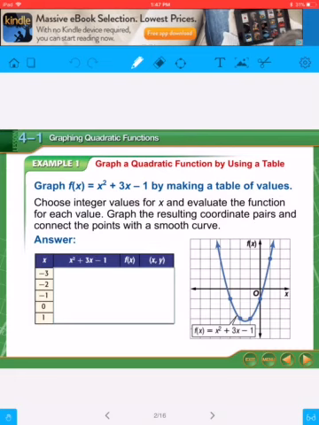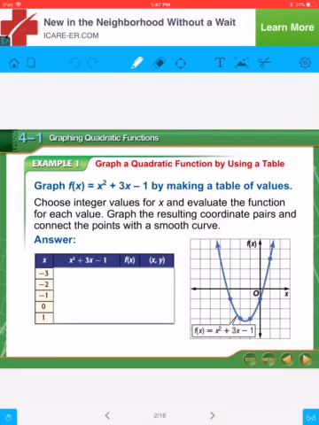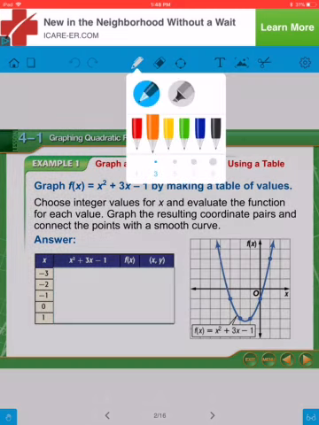All right, so graphing a quadratic using a table, I already have the quadratic over here graphed to the right, but the way that we got that quadratic is by picking x values to plug into our equation to get the y values. So first off, we started with plugging in